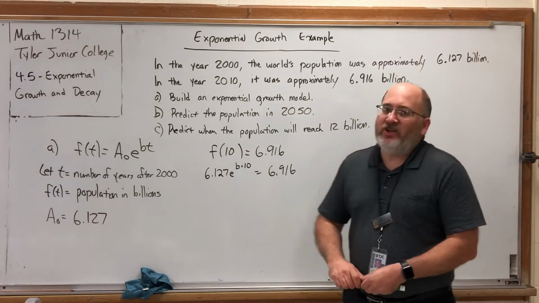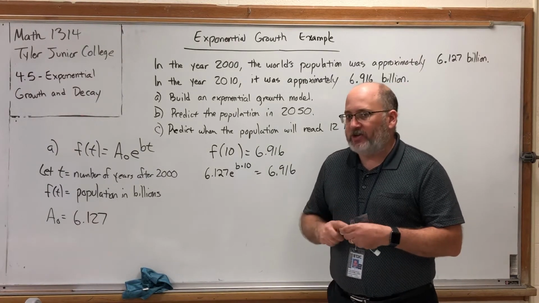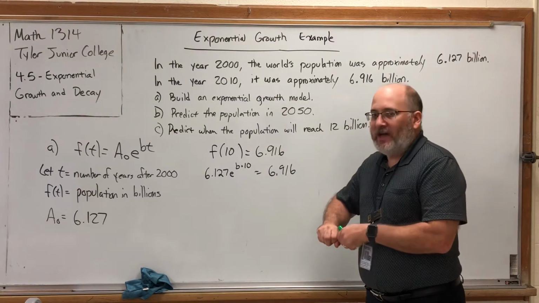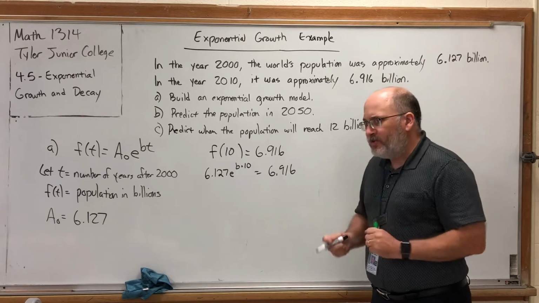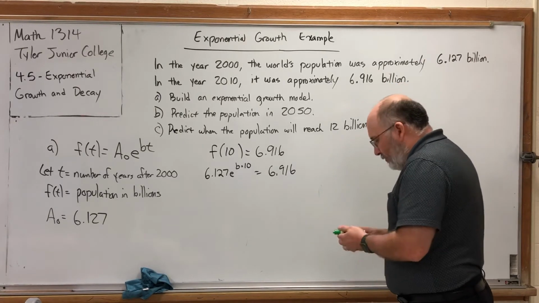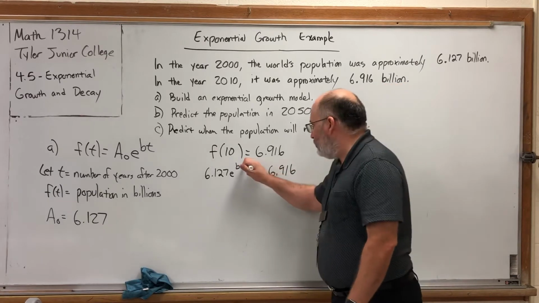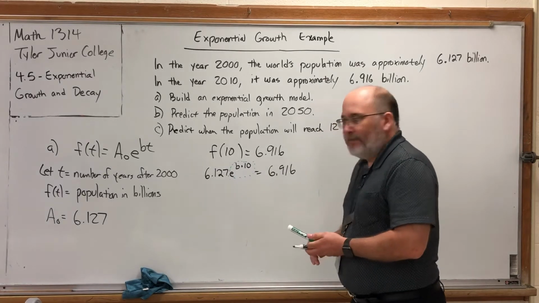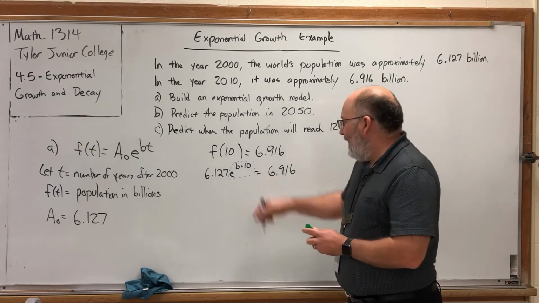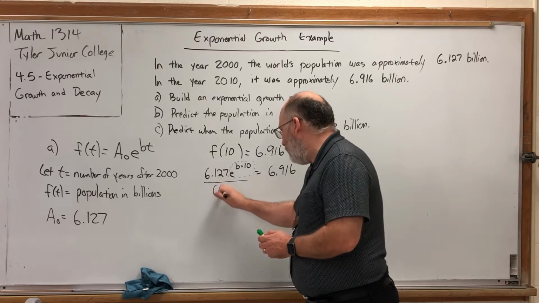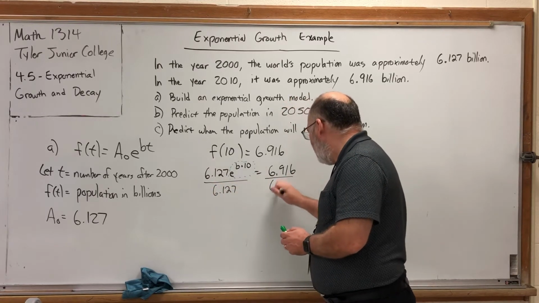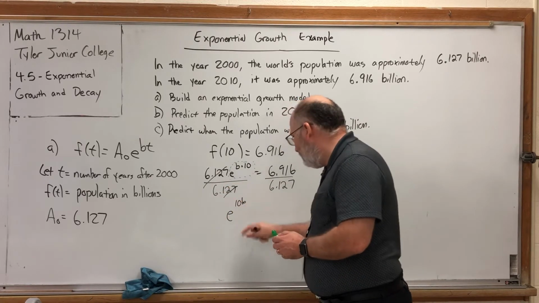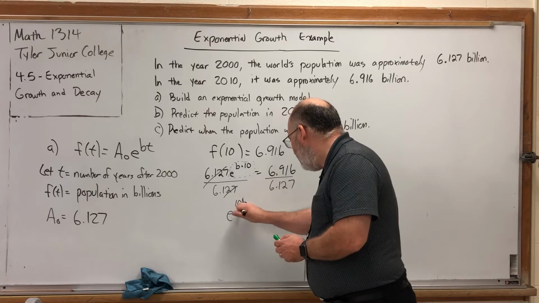If you don't know the strategy, I suggest rewatching the video series for section 4.4, especially the ones about exponential equations with unlike bases. I forget which number it was in the series, but you can find it. The strategy, however, was to isolate the exponential term, which is e to the b times 10 power, and then hit both sides with a logarithm. If we're going to isolate this, we need to divide both sides by 6.127. And we get e to the 10b, told you I was going to write it that way, is equal to